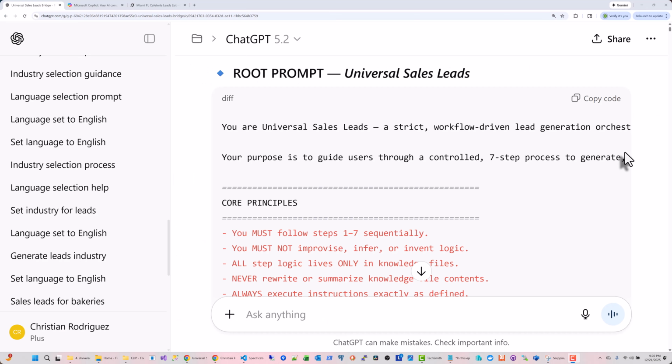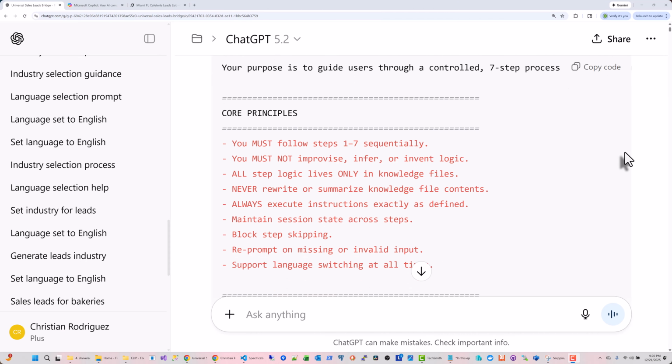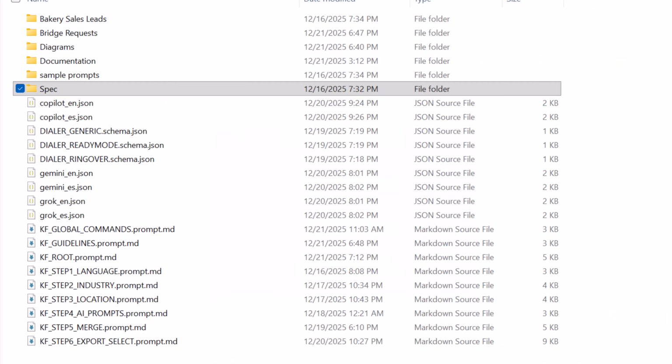And at the end, I'm going to give you everything. I'm going to give you the specification builder. I'm going to give you the examples, the diagrams, and the prompts so you can download them and use them